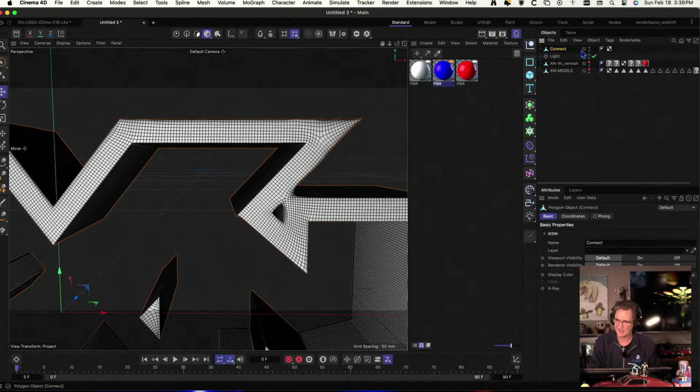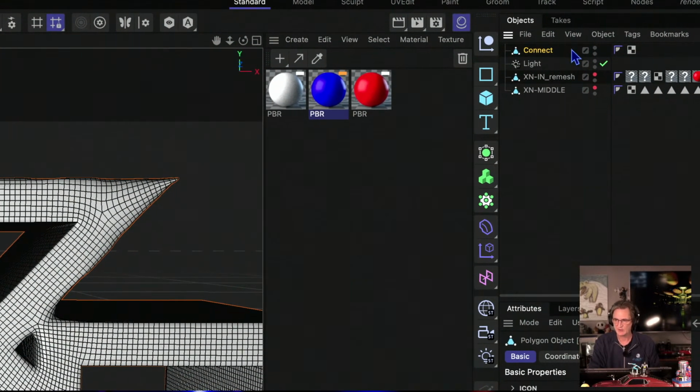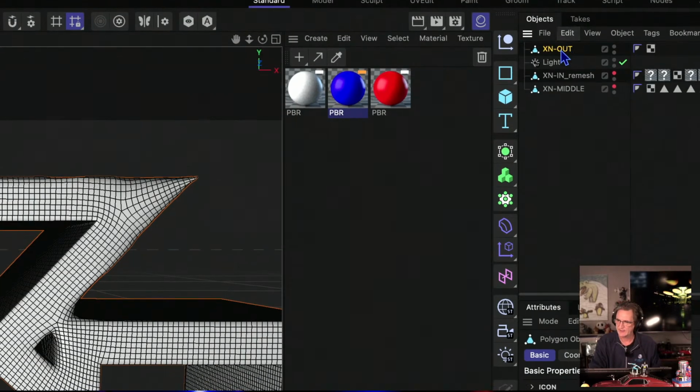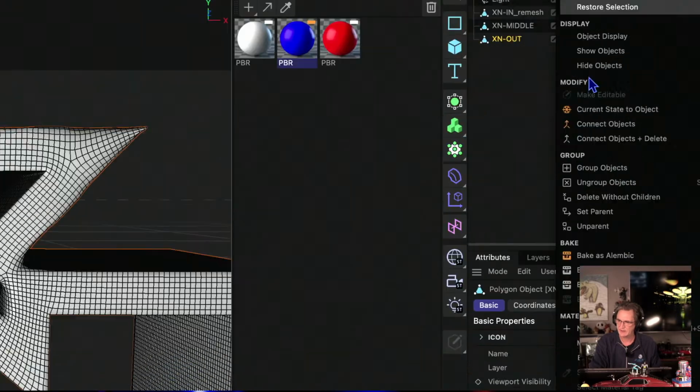So you'd have to connect objects and delete. So I'm used to copying objects and putting them back. And it can be frustrating when you don't really know some of the workflows and some of the best ways to do it. I totally understand how people can get lost and frustrated. I definitely do myself sometimes. So XN out, bring that back down. Now XN out now has